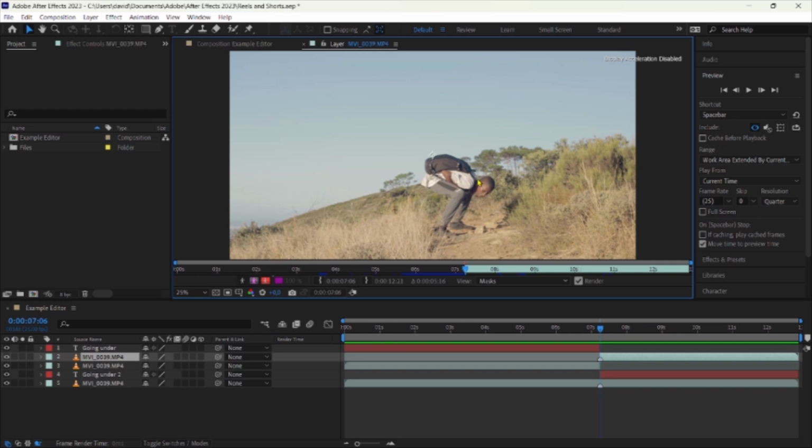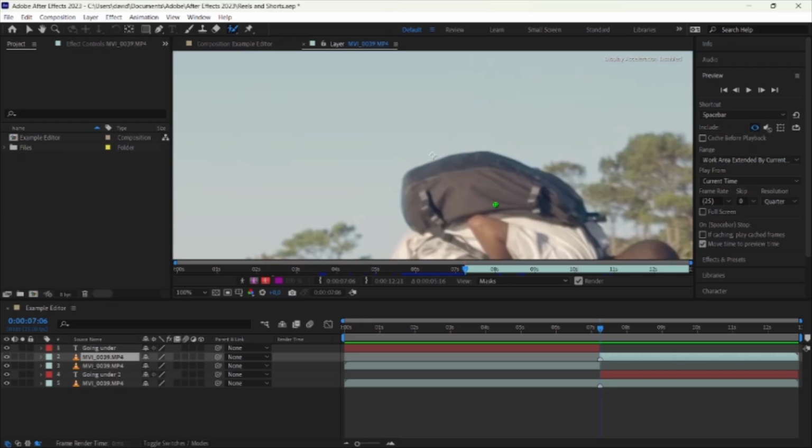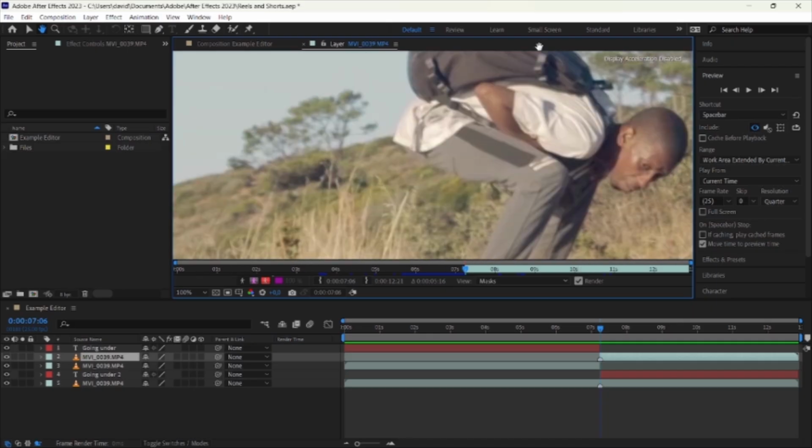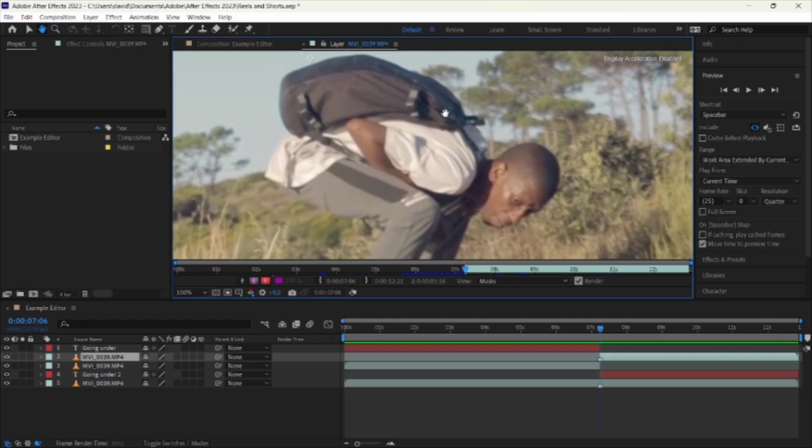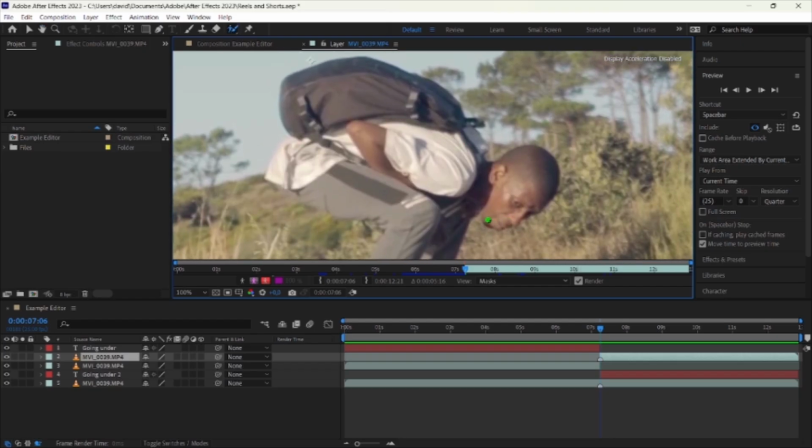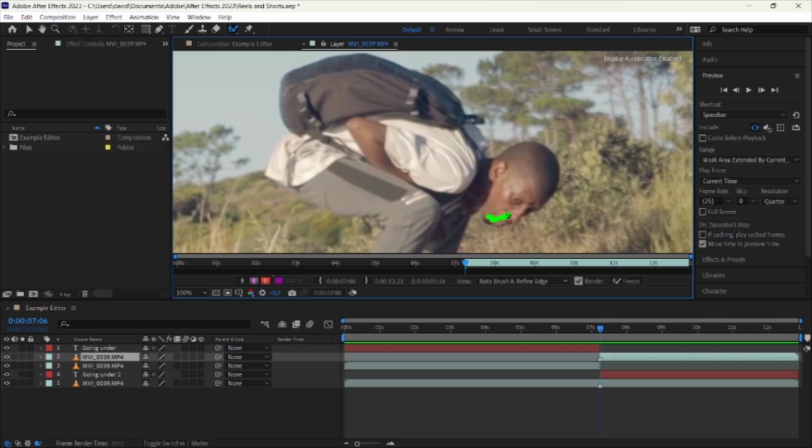And then after setting it to full, what you want to do is select roto brush tool, and then you go in, zoom in slightly, hold spacebar whilst you are moving your clip around with your mouse, just like that. So I'm just gonna go ahead and draw a line just around the subject like that. Perfect. And then let's remove this one there.